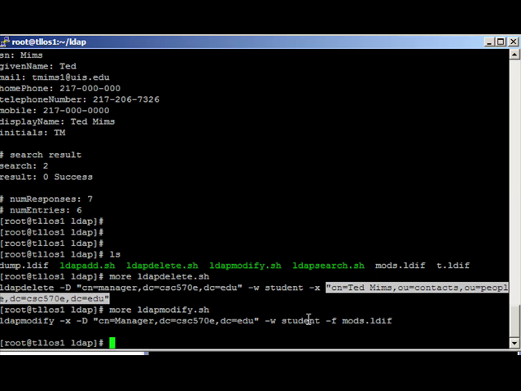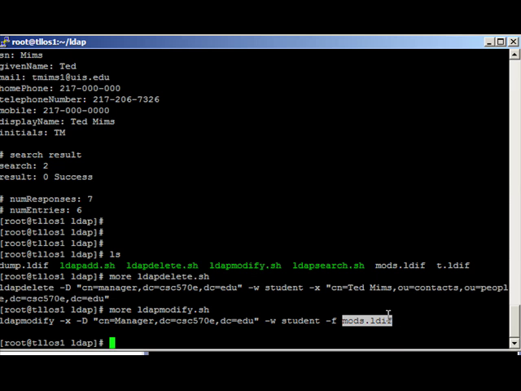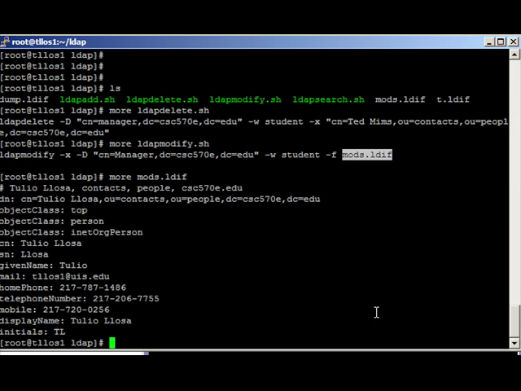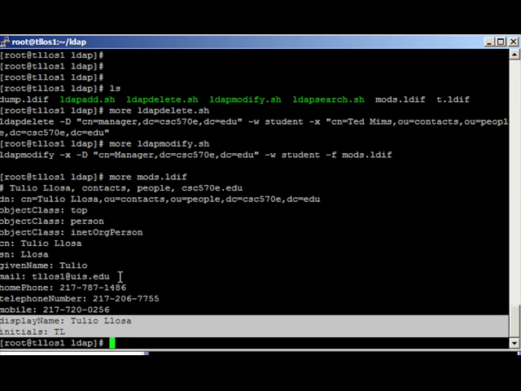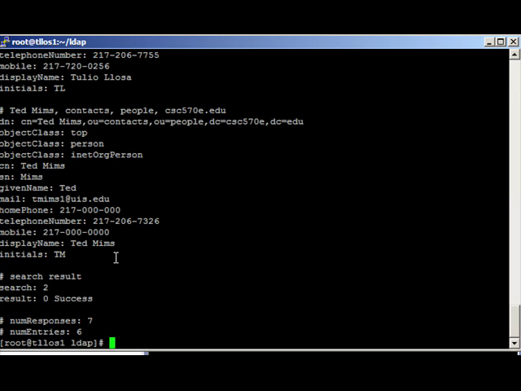The modify takes a file. So if you want to make modifications, you take your current record, add the other fields that you wanted, and you can run the modify. So let's take a look at this modify. Let's take a look at mods.ldif. What I've done here is added two more fields, one called display name and one called initials. If I run my ldapsearch, I can see I already have display name and initials, but if I didn't have those, then